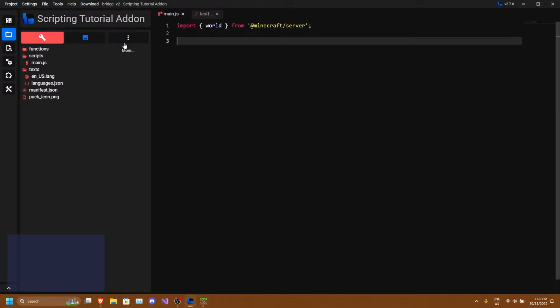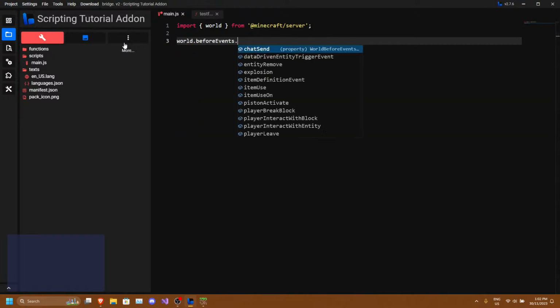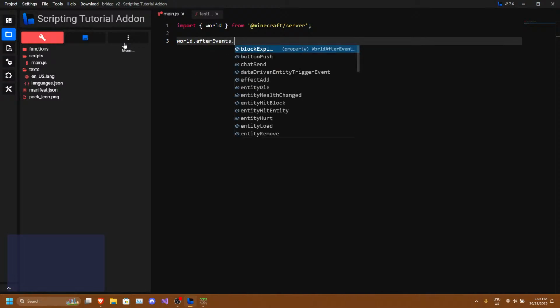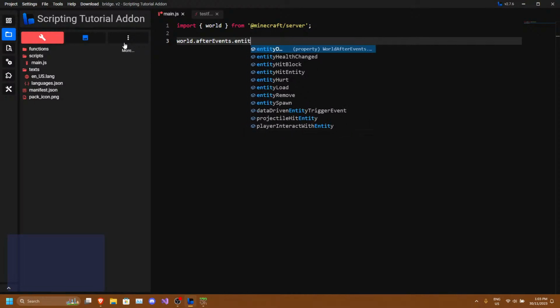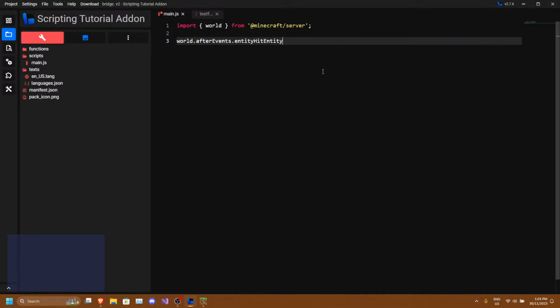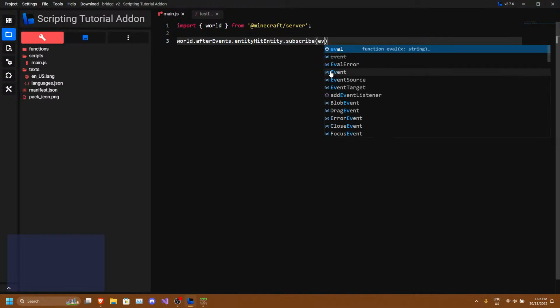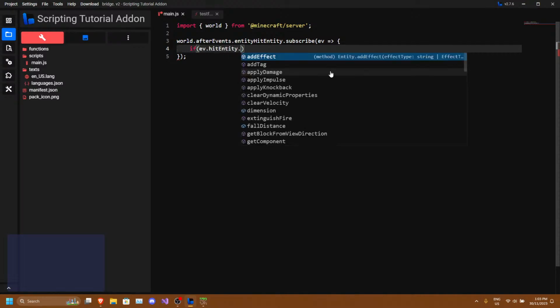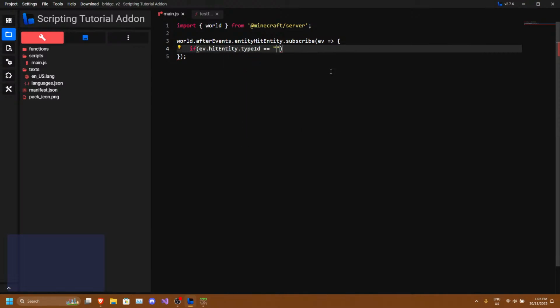What if I do entity... No. I need to do hit entity dot subscribe, and then ev is equal over to do that. If ev dot hit entity dot type id is equal to, let's do the sheep.